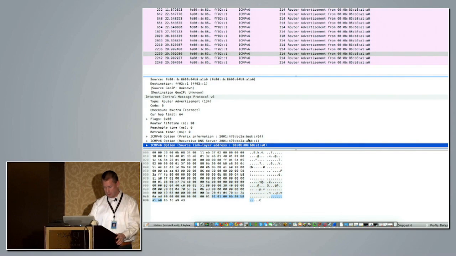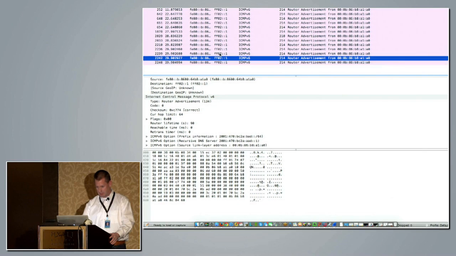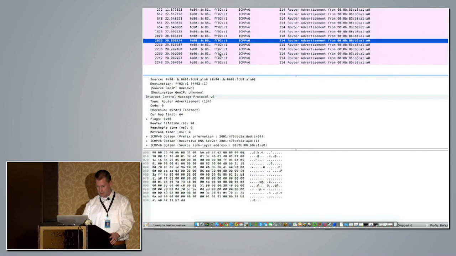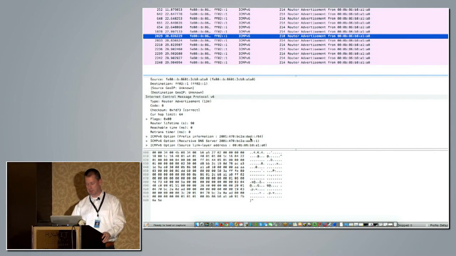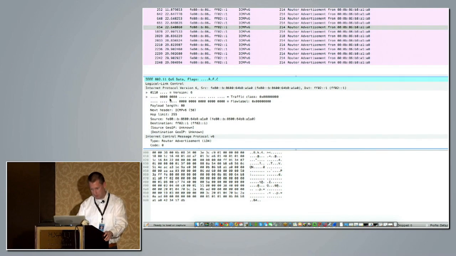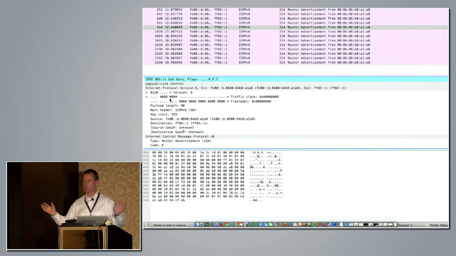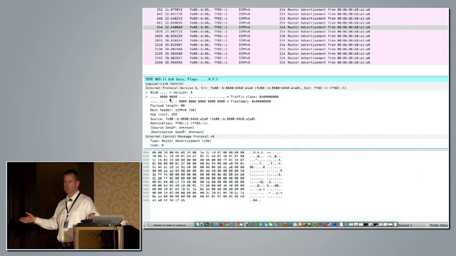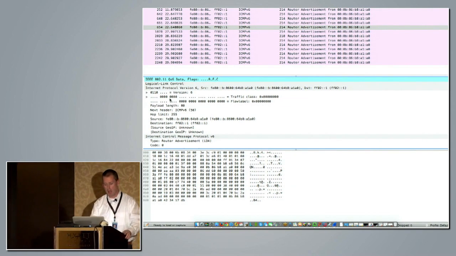So as we jump through here, I can see where I've got those advertisements, and actually it looks like there's a D. So I'm on one channel, on one SSID, just basically sniffing everything, and I can see that I'm getting these router advertisements back. So there's a B, there's a D. Now, what's proven to be interesting, and why I think this is still useful for anybody dealing with legacy gear, and I know everybody's got the latest and greatest, brand new controllers, latest code, all that kind of stuff, right? Nobody runs autonomous APs or anything like that.